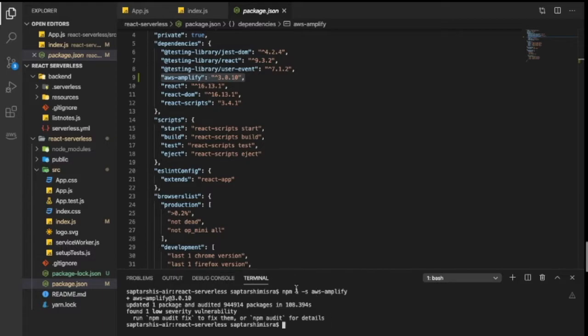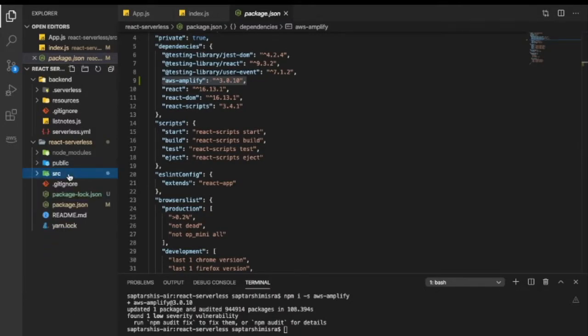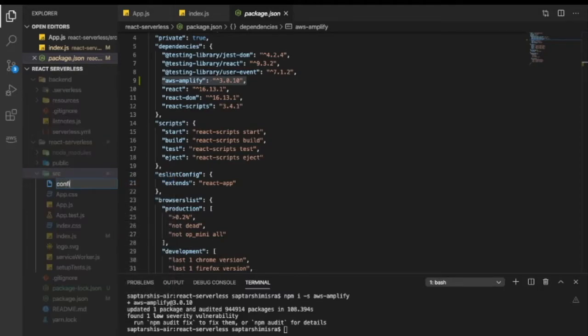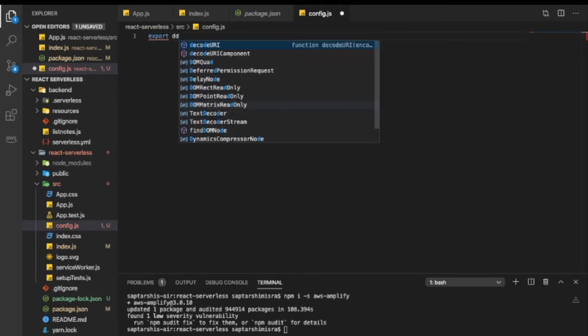Now AWS Amplify has been installed, so we have done step number 2. Step number 3 says that we are going to be creating a config.js inside our src directory, and from there we are going to be exporting a default object, and that default object is basically going to be holding the information for our API gateway. So let's do this first. We navigate inside src now. We'll create a file called config.js, and inside config.js we'll export default